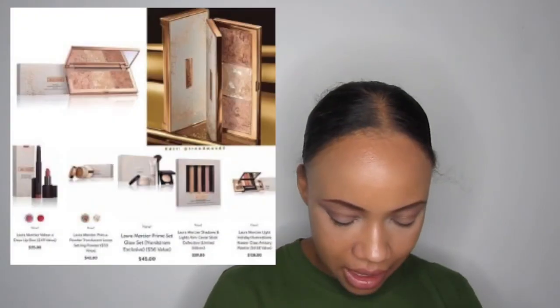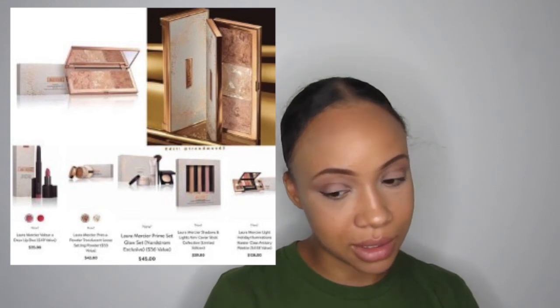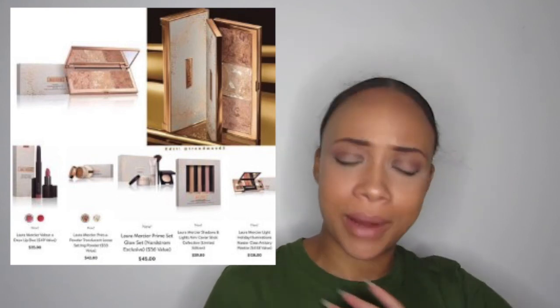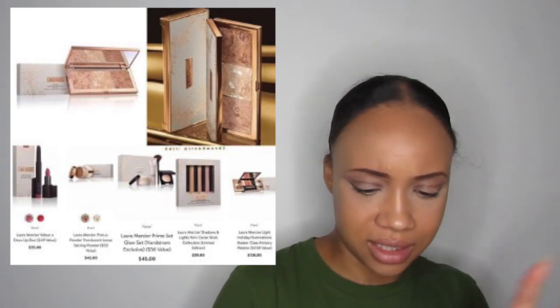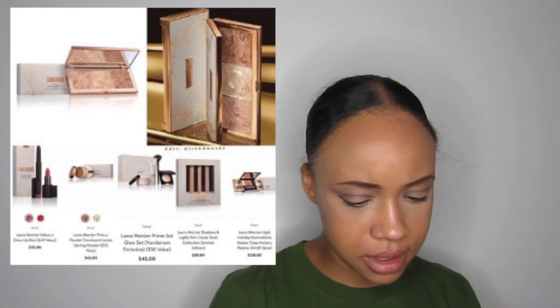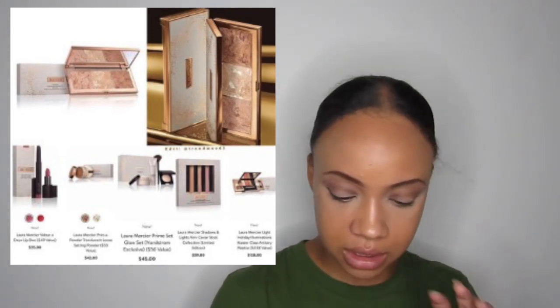Laura Mercier have released what they're bringing out for the holidays. Imagine we're in September, we're talking about Christmas already. Oh, that highlighter palette though, I don't even care about anything else. You can have a look at all the other stuff that she has there, but I am feeling those highlighters, they're marbled highlighters. Beautiful packaging, beautiful shades. I can imagine that they're going to be beaming, especially that middle one. That one looks like it's going to be...